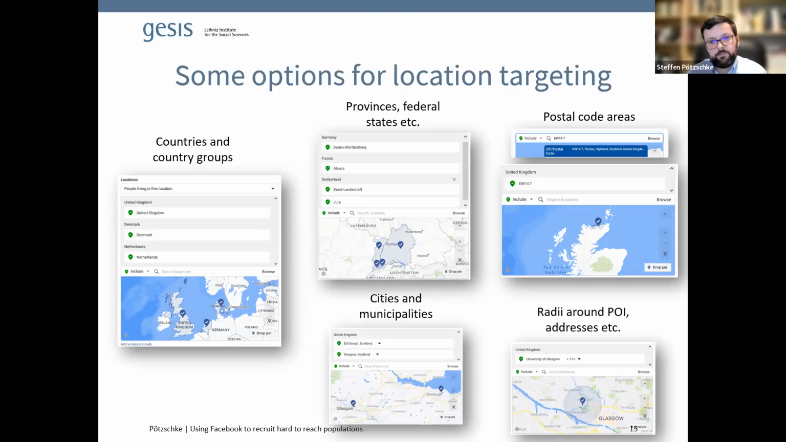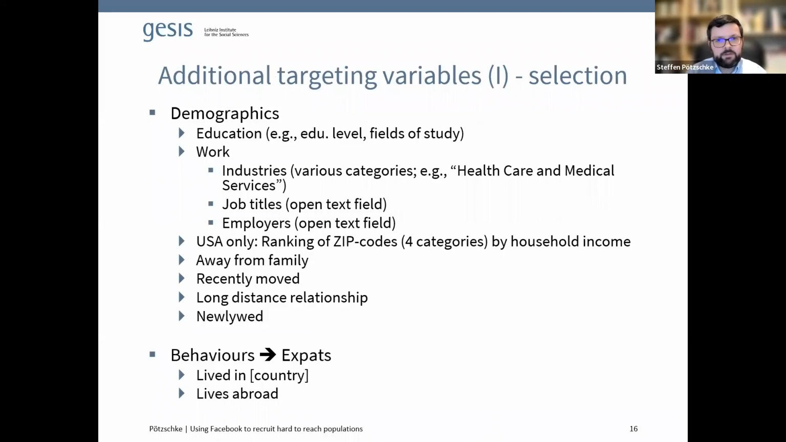So in this case, if we use the include option, the Facebook advertisements will only be distributed to people, in my example here, living in a 1 mile radius around the University of Glasgow, which obviously is a very small population and I suppose would not work very well for targeting. So